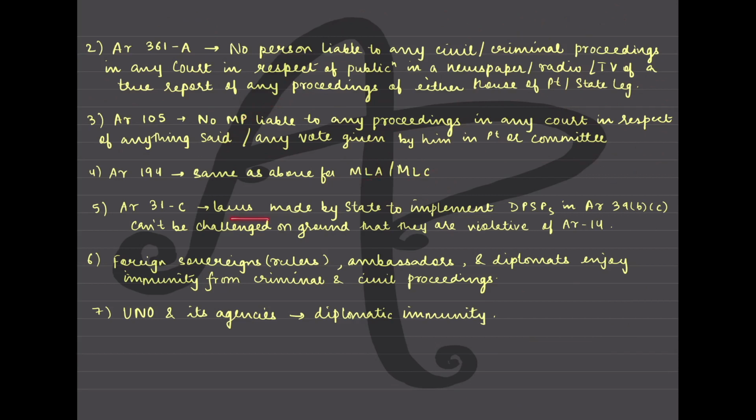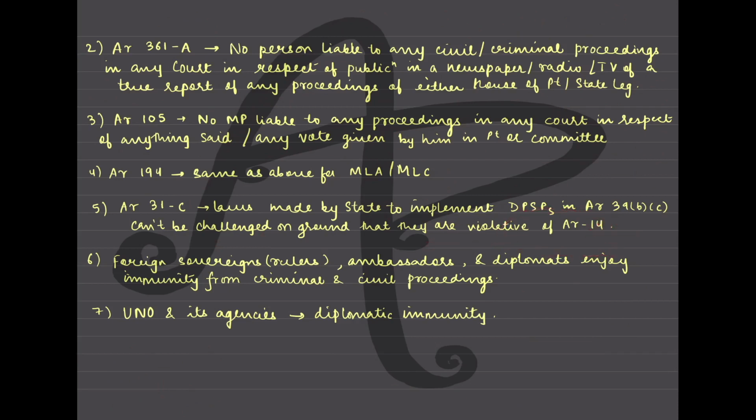Then laws made by state to implement DPSPs. You know about 39B, C. इसको लेके क्या क्या फंडामेंटल राइट्स के साथ इश्यूज रहते हैं, हमने पहले कर ही लिया था. ठीक है. So if the state, because ये तो 31C है, हमने करे हुए exceptions to fundamental rights. 31A, 31B, 31C, remember exceptions to fundamental rights, बस उसी में है. So same thing you have already done and you cannot challenge such rights on the ground that they are violating